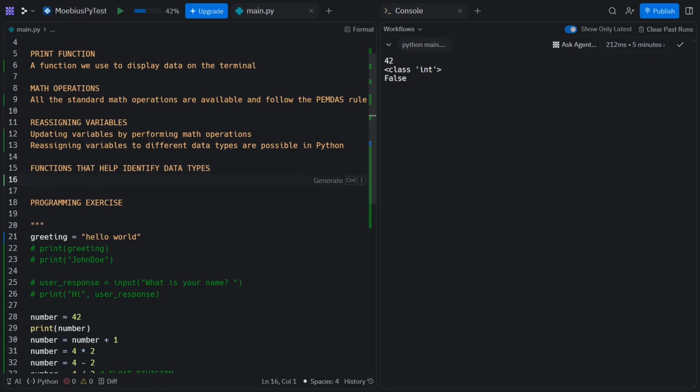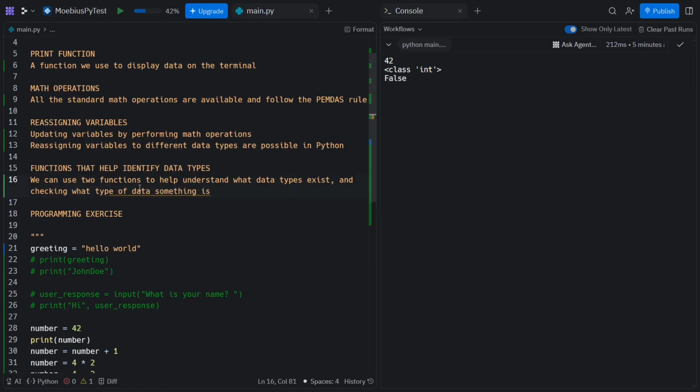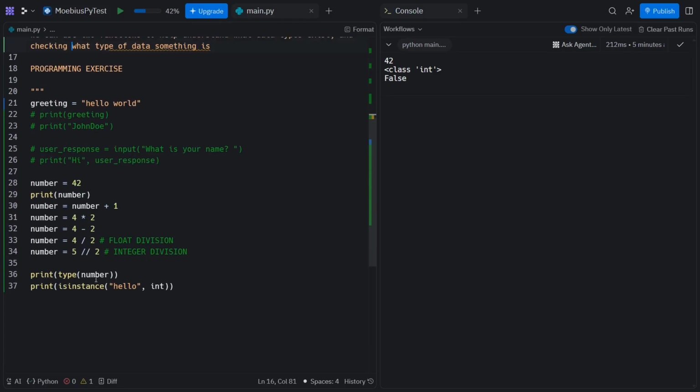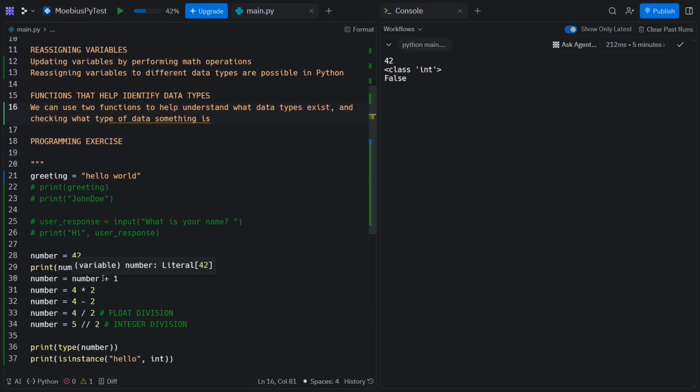And lastly, we discussed functions that help identify data types. We have two functions, the type function and the isInstance function. They both have their use cases, but they both exist to help us identify and understand what type of data a value is. And then lastly, as a programming exercise,